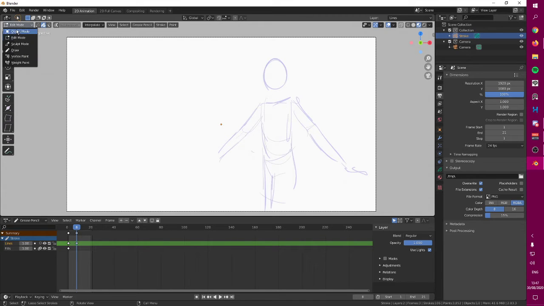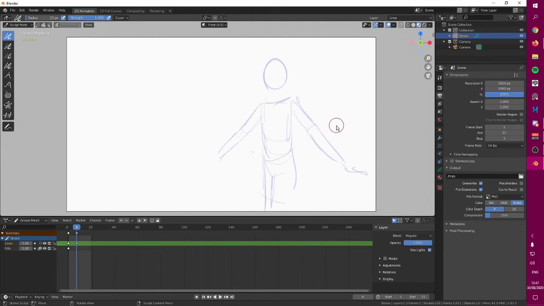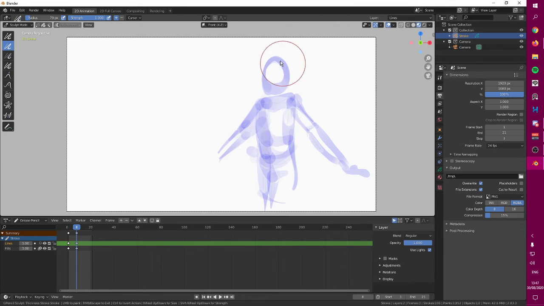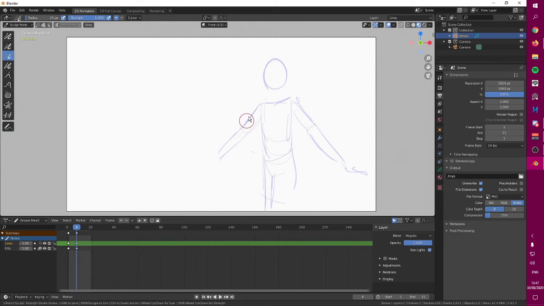If you go into sculpt mode, you're going to have these different options, like this one in here. This one is to simplify your lines. This one is to smooth your lines, this is to add more thickness to your lines. As you can tell in here, this adds more thickness. This is to strengthen your lines, oh, this is actually cool, I never use this. I'll probably use this more. This randomizes your lines, makes it really weird.